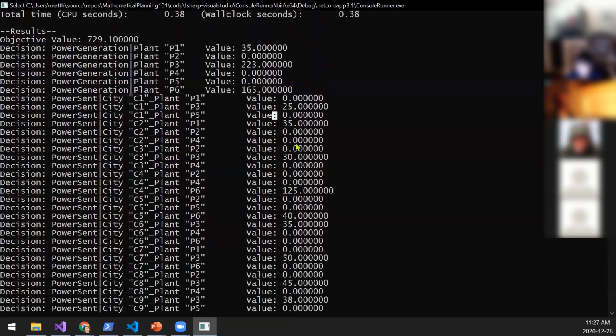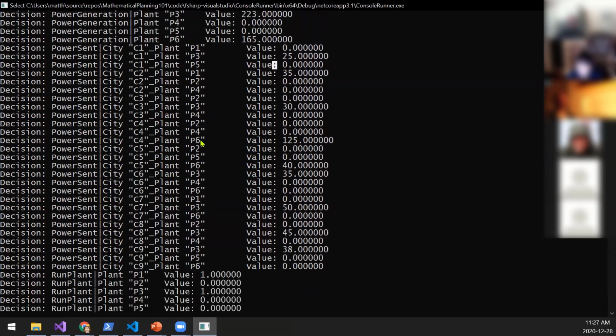So we can see, if we wanted to, which we're not going to right now, like look through and ask, are we meeting all the power requirements for all the different cities? How are we sending it? Those are being met. And you can imagine that this type of model can get much more sophisticated with more power plants, more zones, more cities.